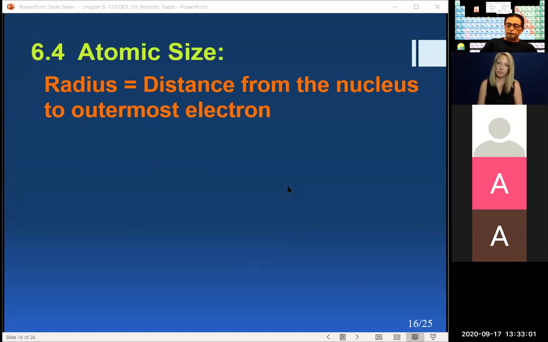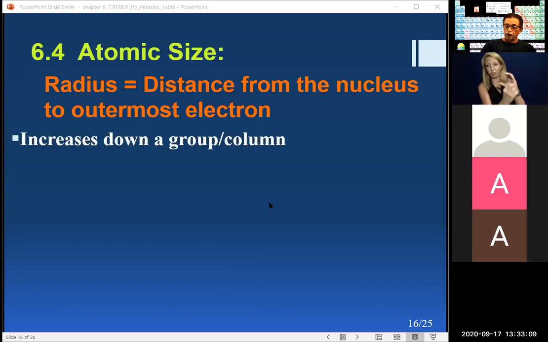Now, when we talk about atomic size, all we're basically asking is, what is the radius? What is the distance from the nucleus to the outermost electron? And as you go down the periodic table,